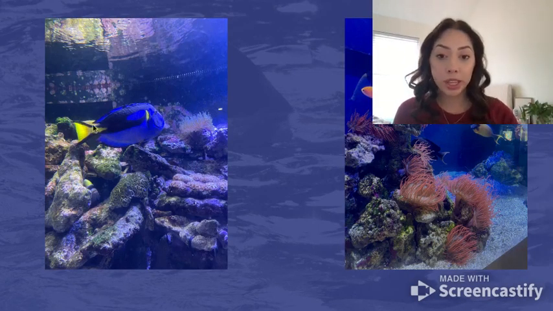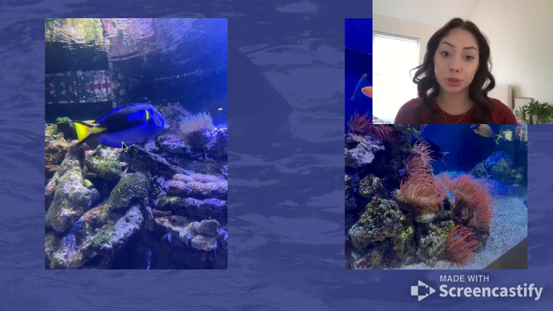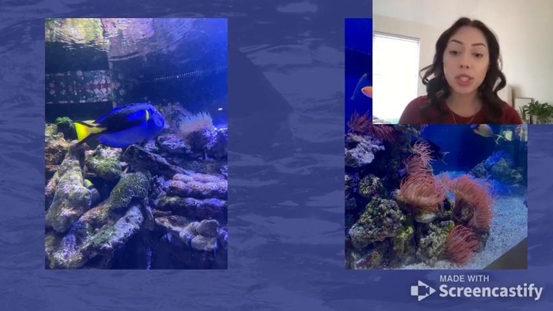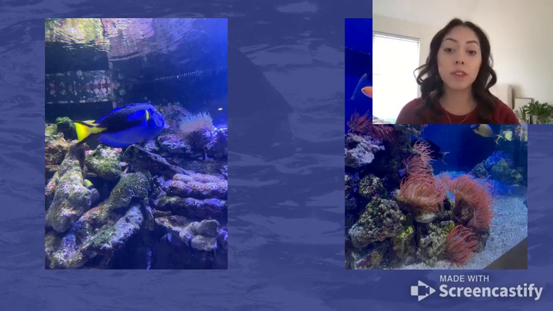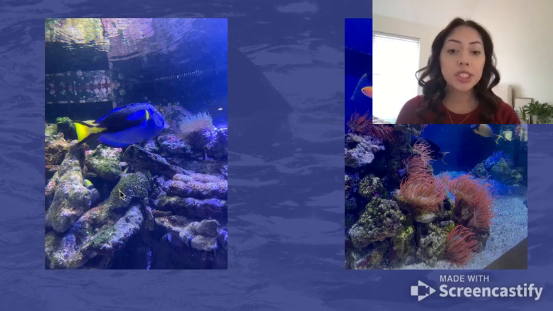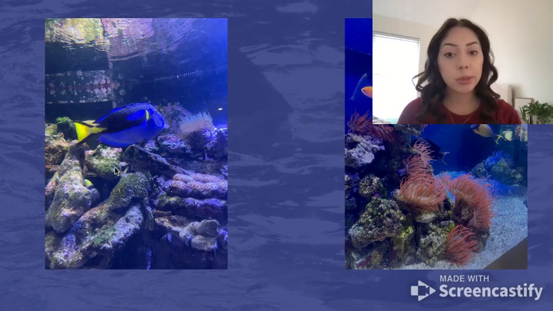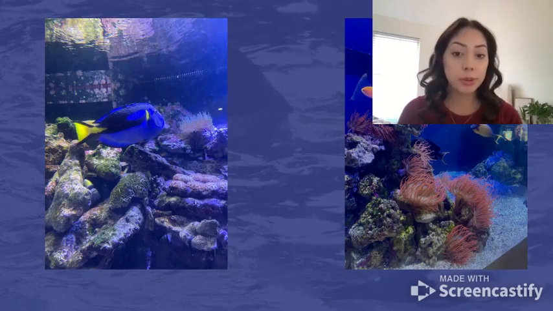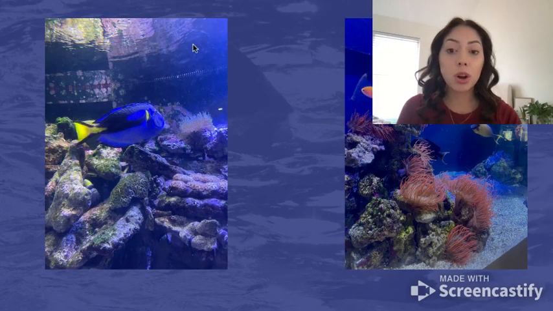The vibrant blue of the tang stands out against the softer neutral tones of the coral, as you can see, while the sleek texture of the fish contrasts with the roughness of the coral behind it. And in terms of design principles, I used balance by positioning the fish slightly off center, creating a stable yet dynamic composition. There's also a sense of movement that I tried to create with the way I wanted the viewer's eye to draw around this photo, following the curves of the fish and the flow of